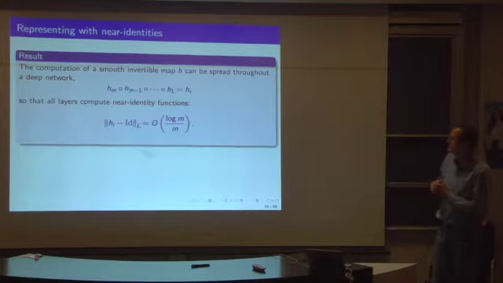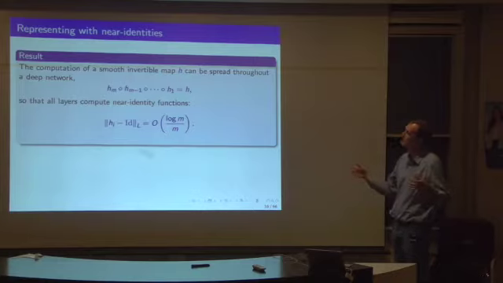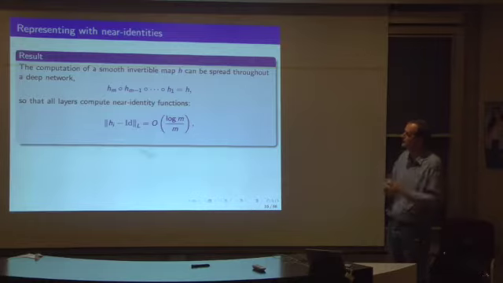Informally, the first result is a generalization of the linear case when we're talking about compositions of nonlinear functions. So we have a deep composition here, H1 through HM, and we're wanting to compute a smooth invertible map, H. And the result is that you can do that with a composition of size M in a way that keeps all of those HIs in the composition close to the identity.